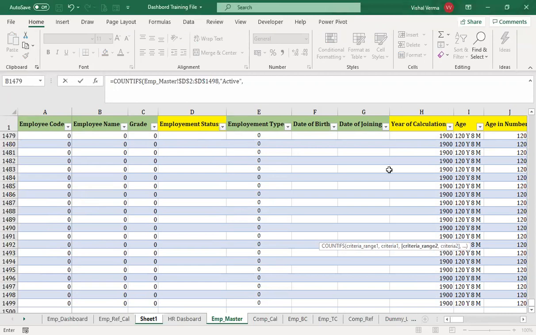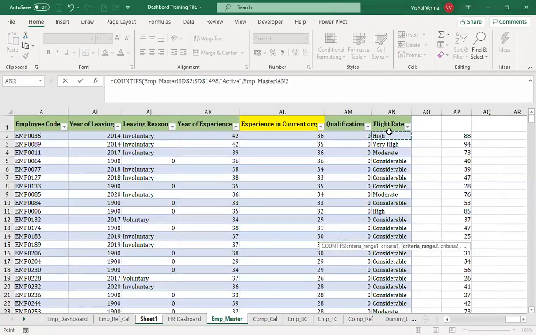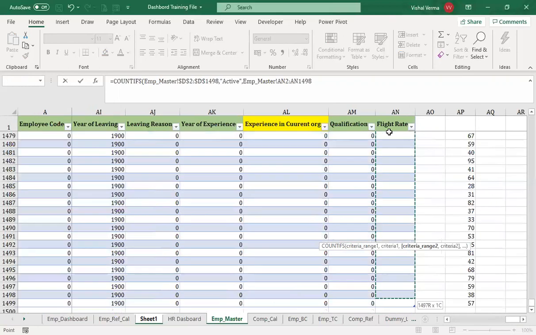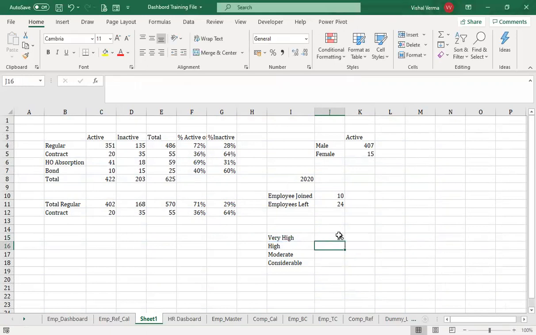The next criteria range is the flight rate that we are working on. Let's freeze that, go to the sheet and work on this F3, and freeze the column. So we have got 26, and we just pull it down to get the values.